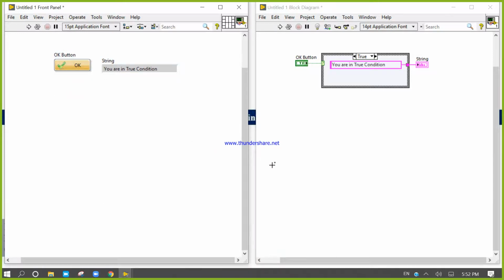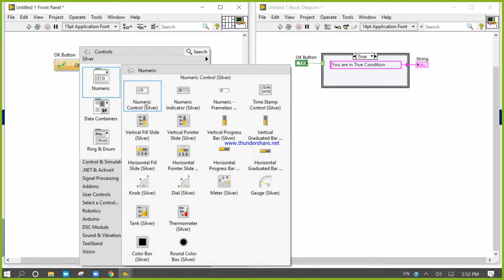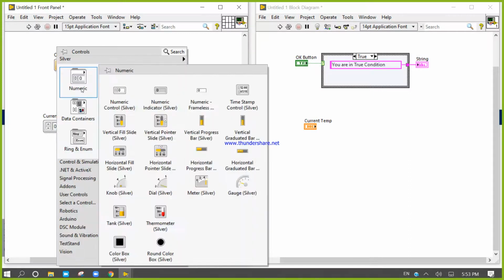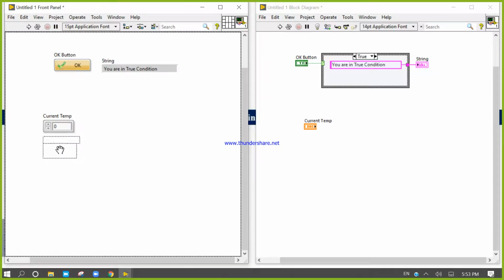I am going to write one second code. I am taking one current temperature and one ideal temperature.